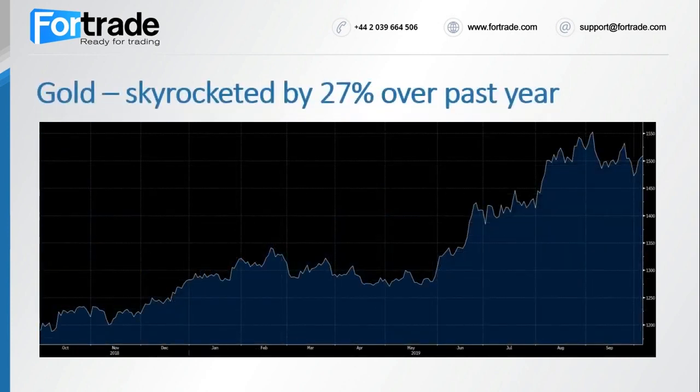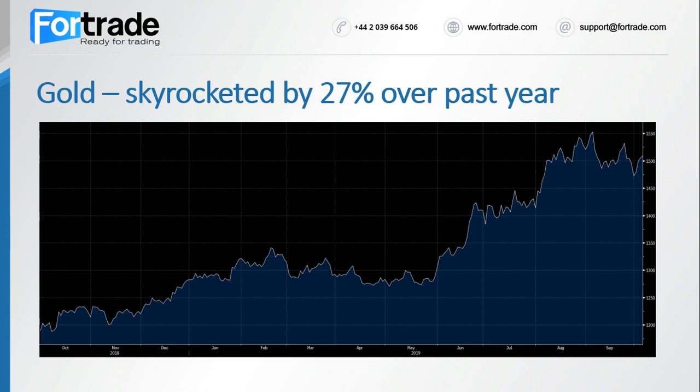As far as gold is concerned, things have looked good for the commodity in recent months. The precious metal was flying at 7-year highs, while trade and other geopolitical tensions plus falling interest rates made gold a very sensible option. We can see a very different story from the past year on this gold chart compared to the crude oil chart that we saw previously. Gold has jumped higher, making gold bugs very happy with their investment over the past year. The precious metal has jumped 27% since the beginning of the year. It's climbed 17.8% and saw a fresh record high in September.